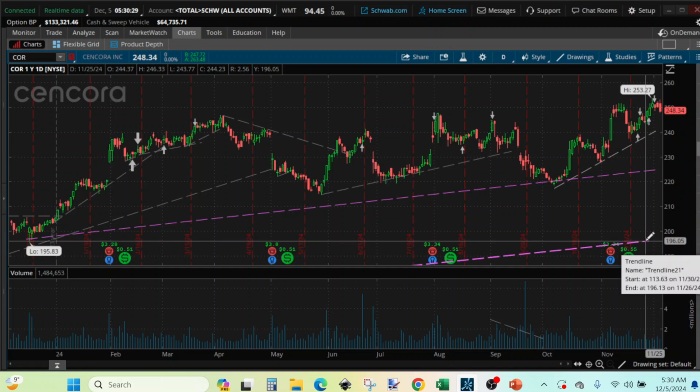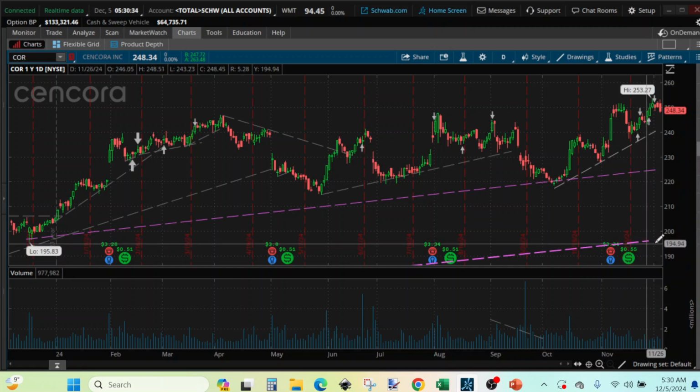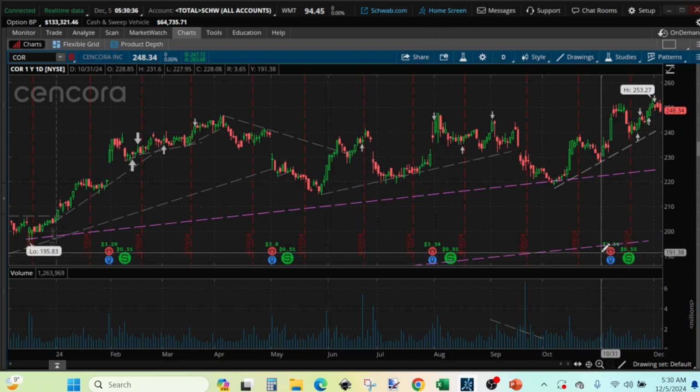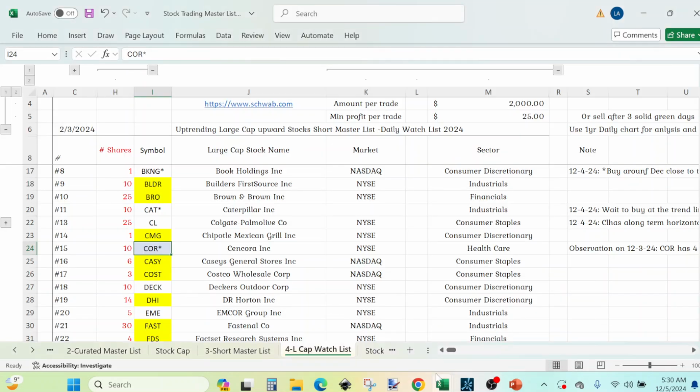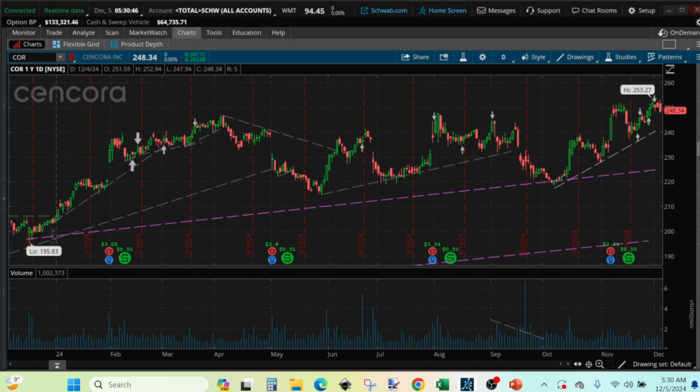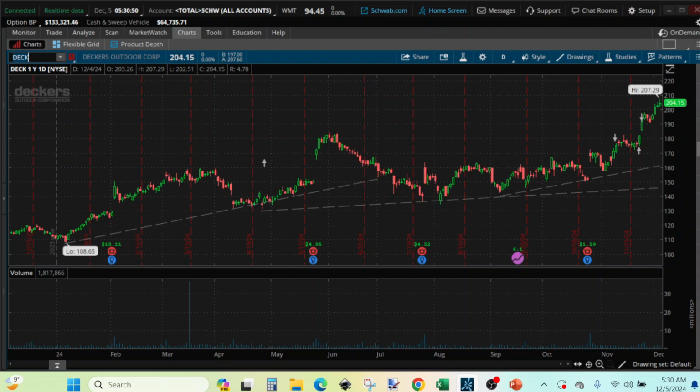for a more conservative type person to just buy it on this line, because it tends to come back to it and I'll go below it. So we can color code both and just keep an eye on what is going on there. So we'll go to DECK, and as you analyze those charts, you'll get good at it over time, and you'll be kind of loose when it comes to the strategy with some charts, and kind of more tight on some other. So it seems that we are